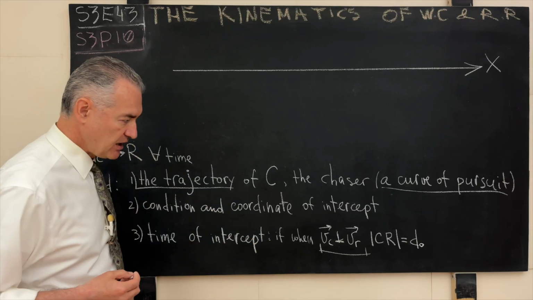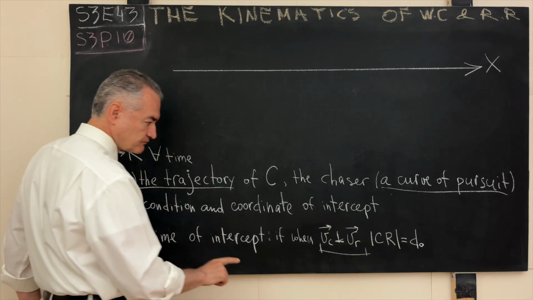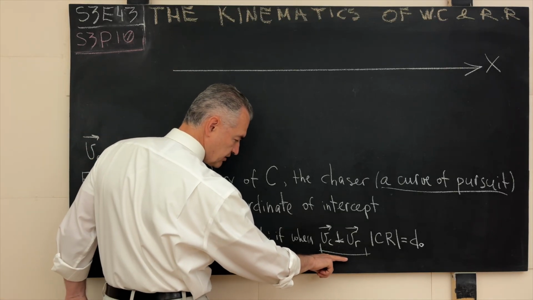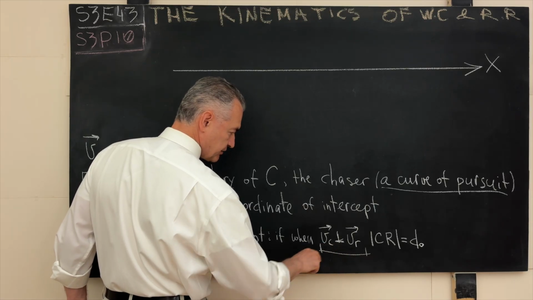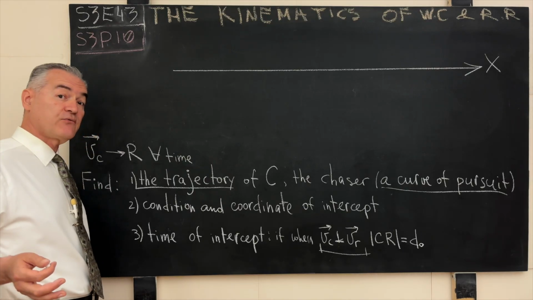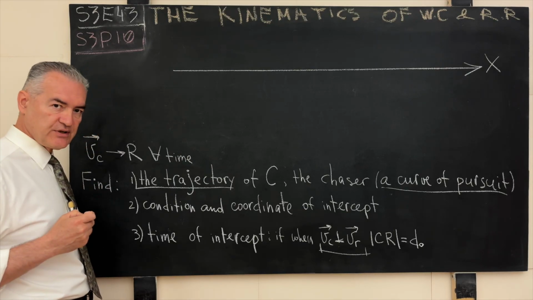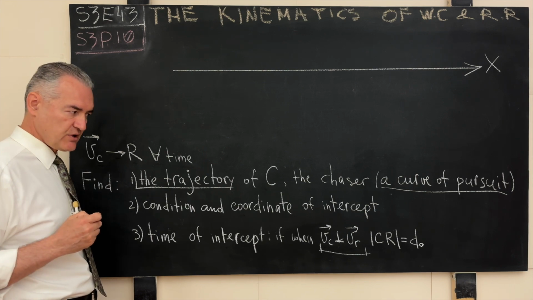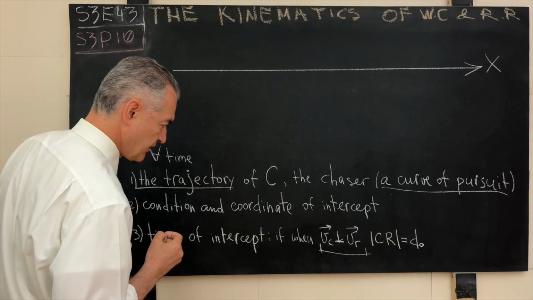So here, the key observation is the following. We ask ourselves the following question: why are the vectors of the velocities of the runner and the chaser perpendicular in the first place? Where did they come from? Why must it be so? Well, here is a line of reasoning which you will pretty much never generate while you're still wearing your high school skin.